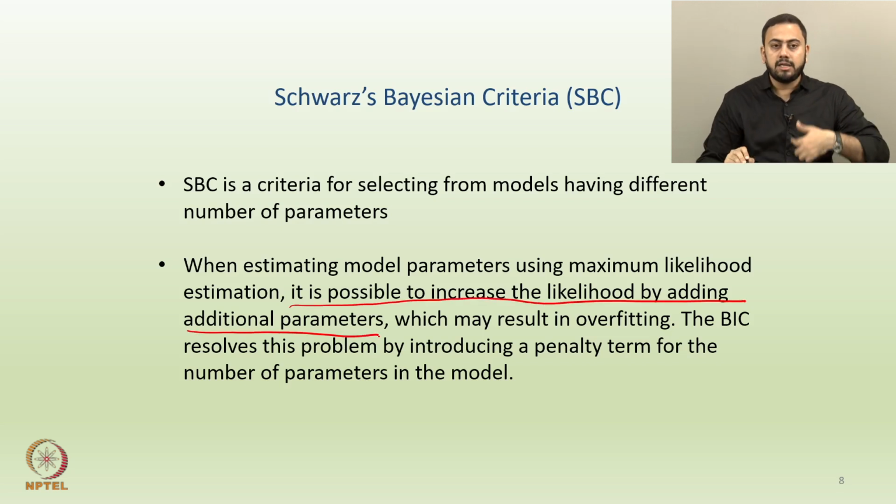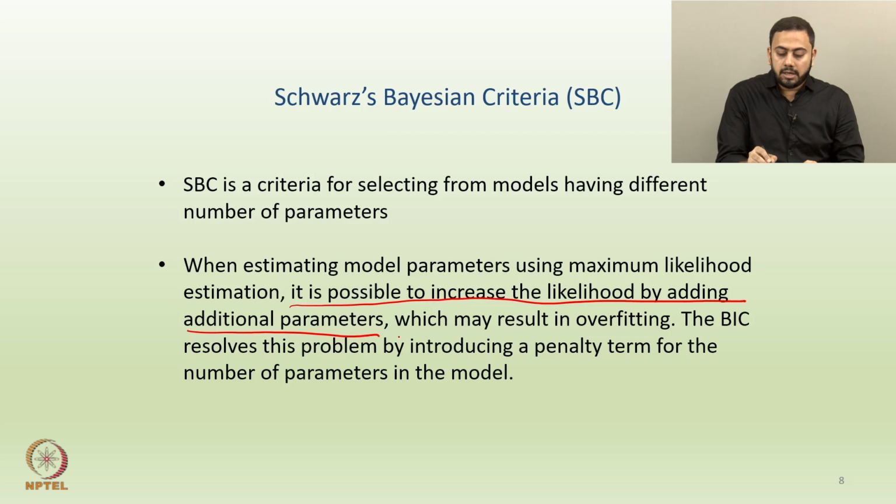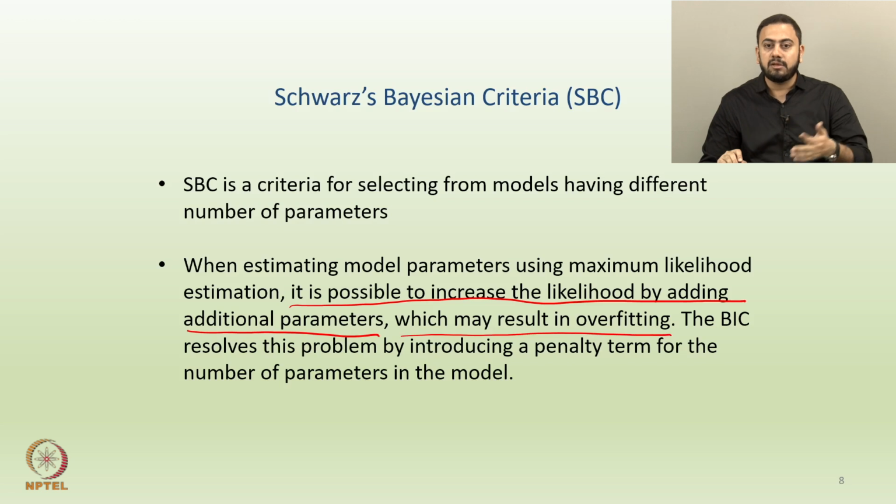Let us say if you keep on increasing the number of parameters, it is possible to increase the likelihood, and if you keep on increasing the likelihood, we will get higher and higher MLE. So, we are kind of reaching the maximum there. The estimators might be slightly better, right. But one disadvantage here is that it may result in overfitting also. If you keep on increasing the number of parameters blindly, that would of course result in overfitting. Hence, the BIC kind of solves this problem.